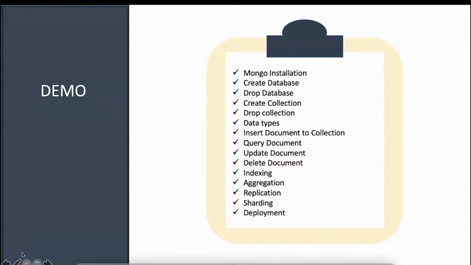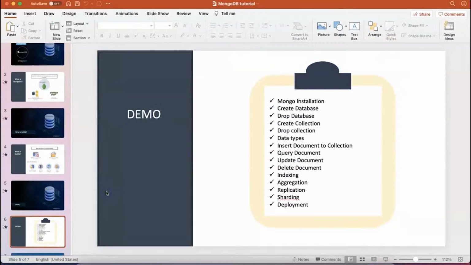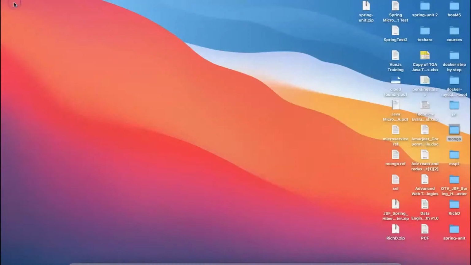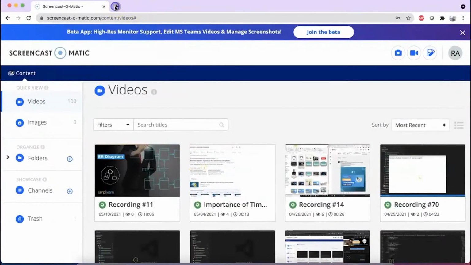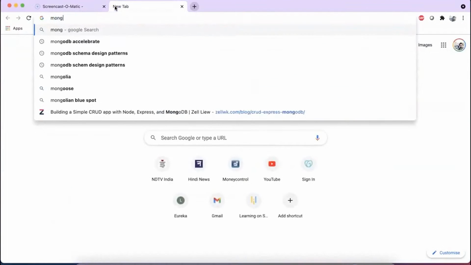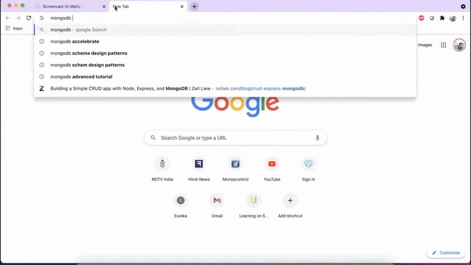Okay everyone, now we're going to start working on the first option, called MongoDB installation. MongoDB installation is very simple. If you open a website and search for MongoDB download,